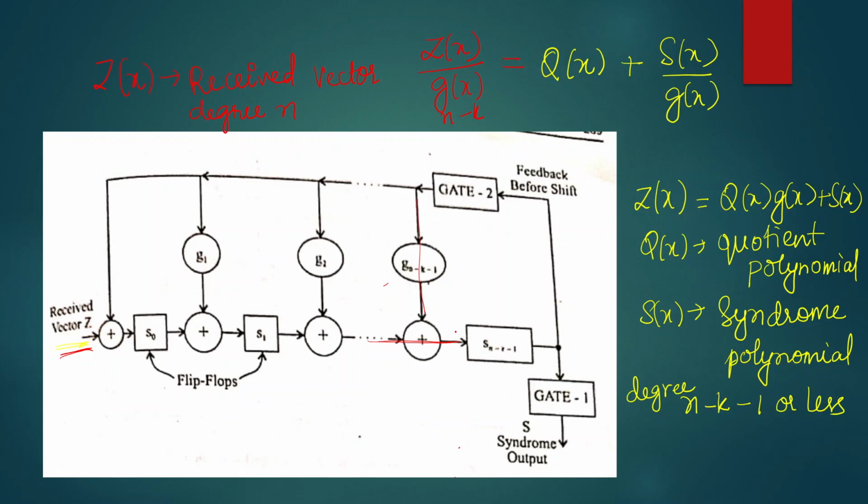Now let us look at one example to know how this circuit is going to work. Before that, we shall see how the error detection process works and how to do the error correction. So if we have a received polynomial,